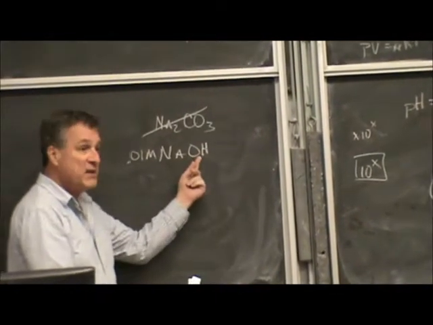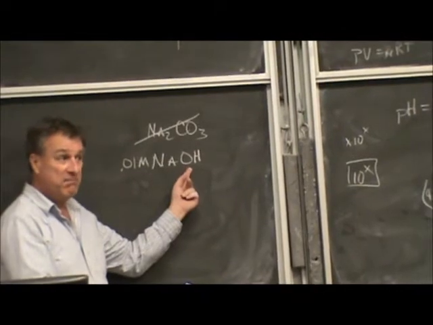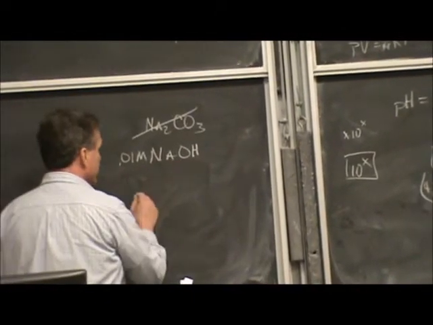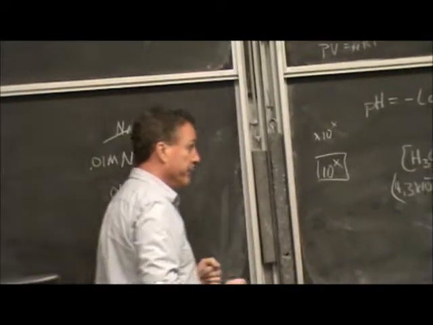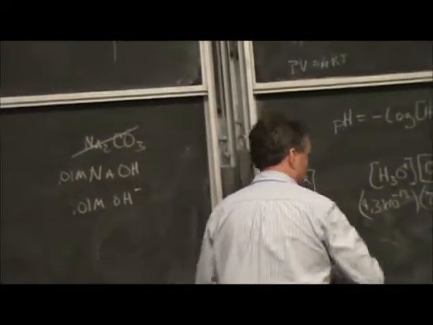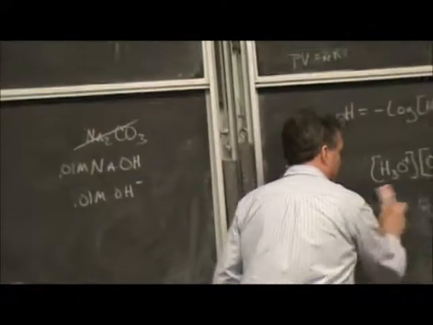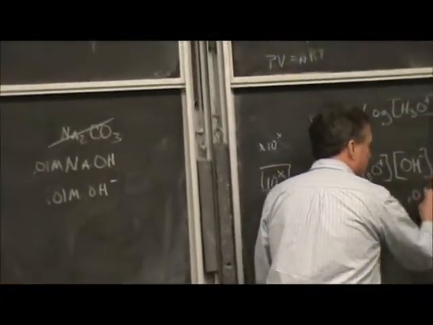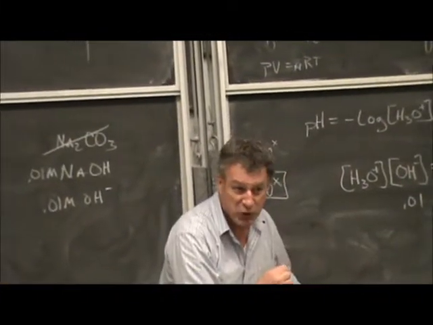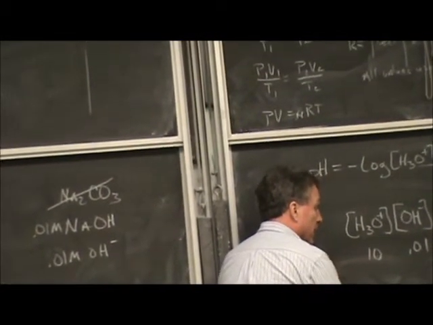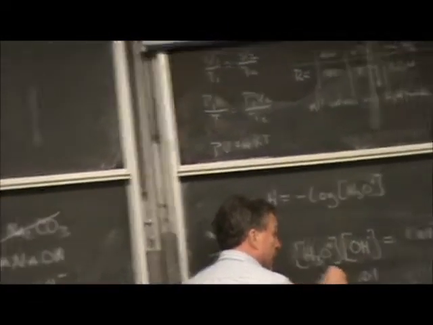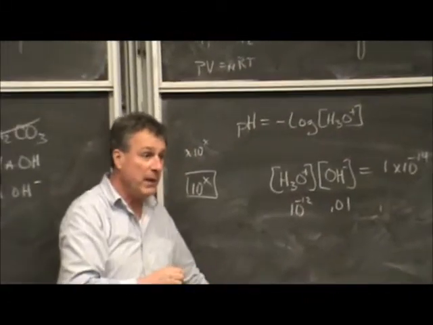Doesn't each mole of these produce a mole of hydroxide ions? So the concentration of hydroxide ion would be 0.01 molar. If this is 0.01, it's 1 times 10 to the negative 2, then the hydronium would be 1 times 10 to the negative 12, and the pH would be